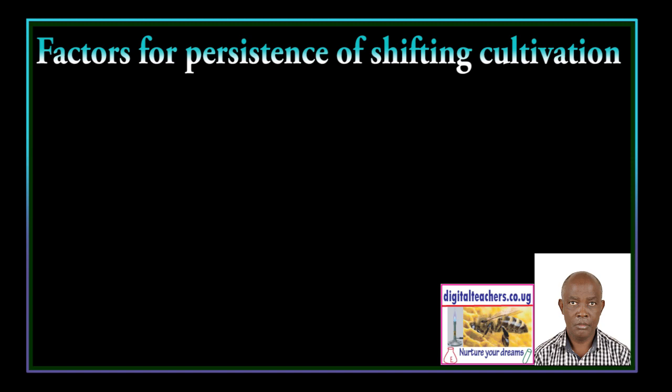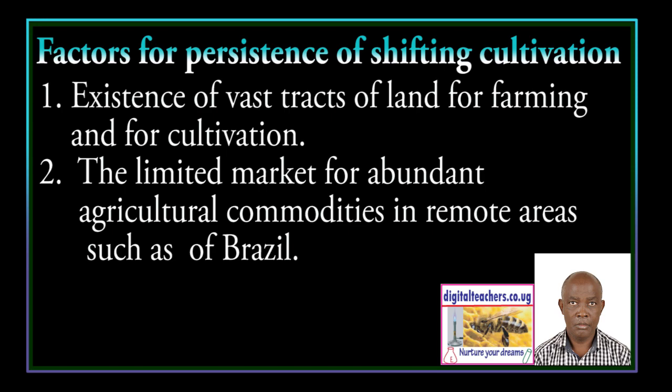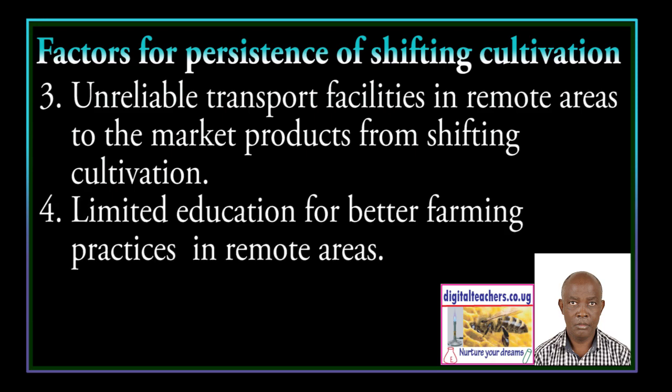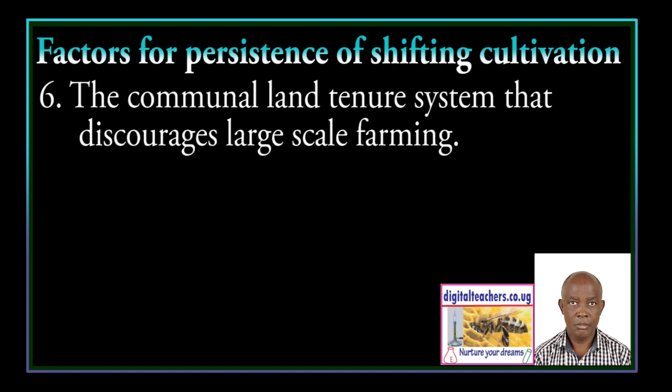Factors for persistence of shifting cultivation: existence of vast tracts of land for farming and for cultivation, limited market for abundant agricultural commodities in remote areas such as of Brazil, unreliable transport facilities in remote areas to market products from shifting cultivation, limited education for better farming practices in remote areas, limited capital to engage in commercial farming, the communal land tenure system that discourages large-scale farming, limited skilled labor